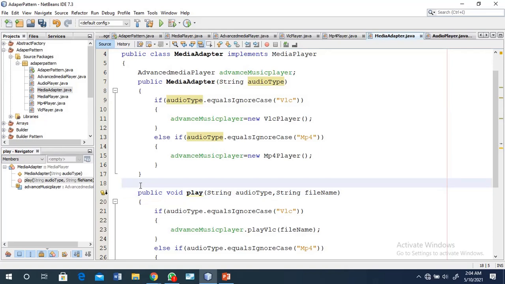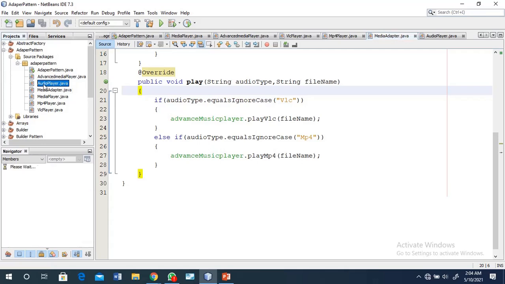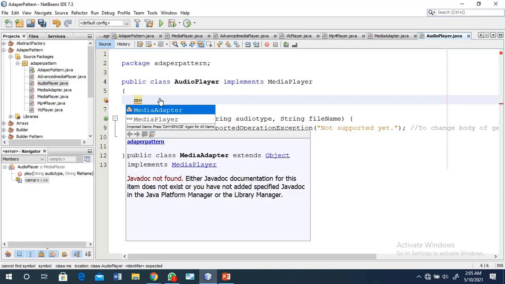Then add the @Override annotation. Okay, so now that is okay. Now we are working with the audio player. There is one method, play. In that method, here we are using one variable, media adapter.